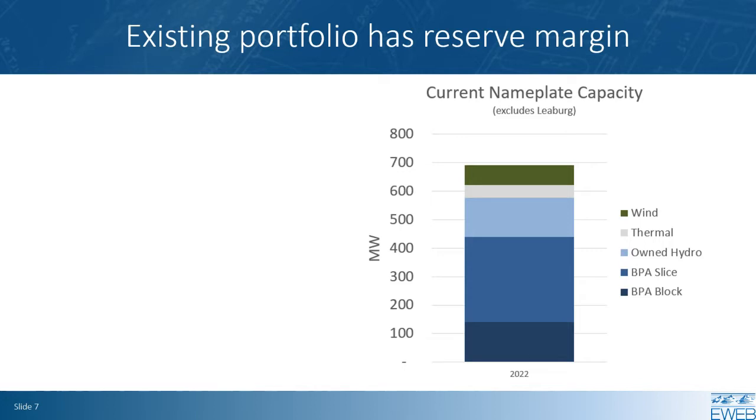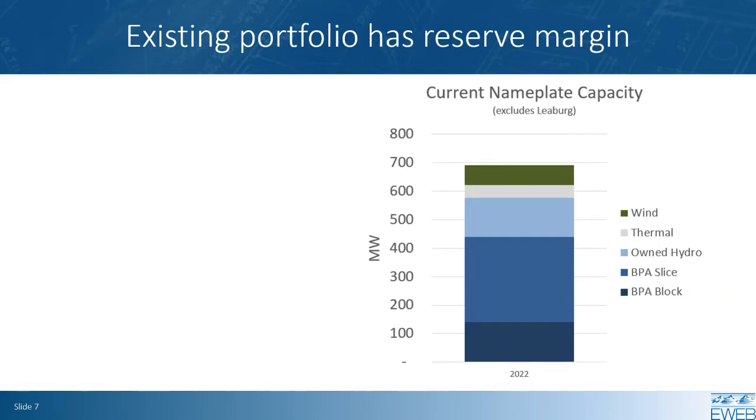I thought it'd be good to recap where our portfolio is at today. So the chart on the right shows our nameplate capacity of our current portfolio, which is the maximum amount of generation that our current portfolio could hypothetically produce. However, we know that actual energy production is always less than your nameplate generator, because there's some type of operating constraint. So like for hydro, we're concerned about the water year. You can't always produce at max at all hours.